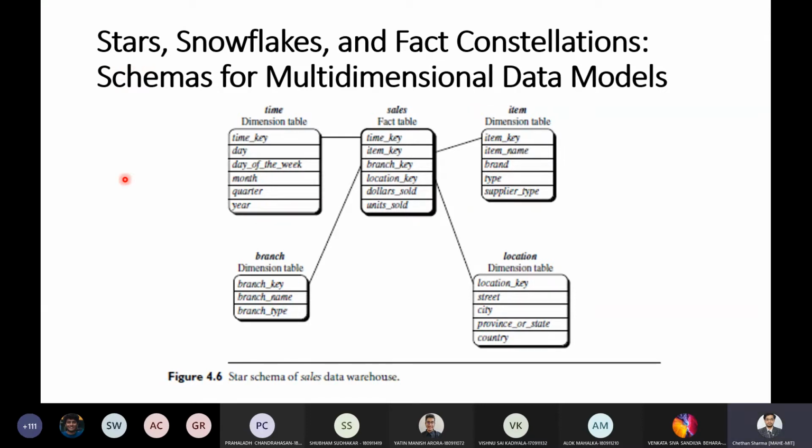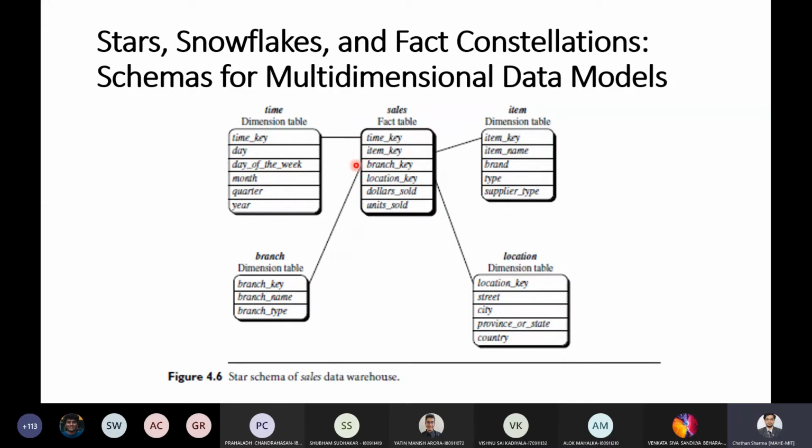This example diagram shows the star schema for a sales database. For sales, we consider four dimensions: time, item, branch, and location. The schema contains a central fact table for sales, which contains keys to each of the four dimensions: time key, item key, branch key, and location key.